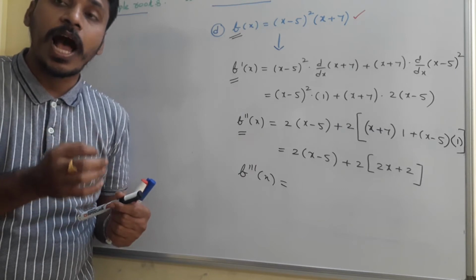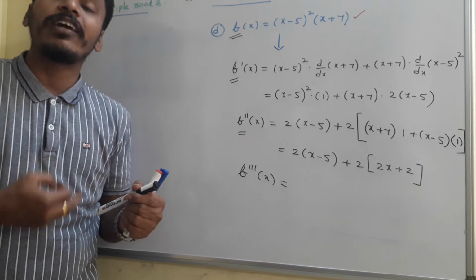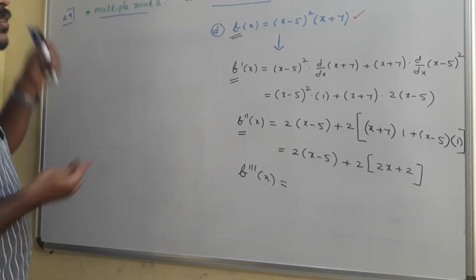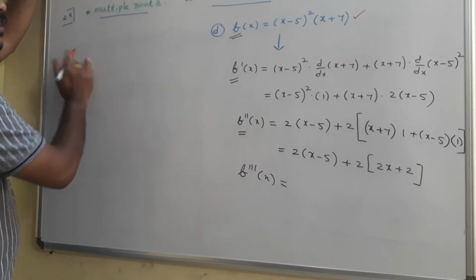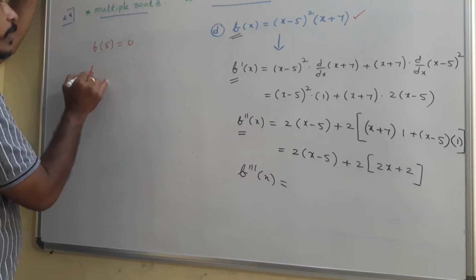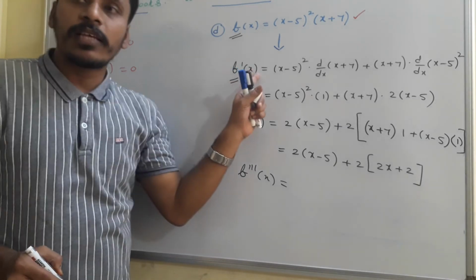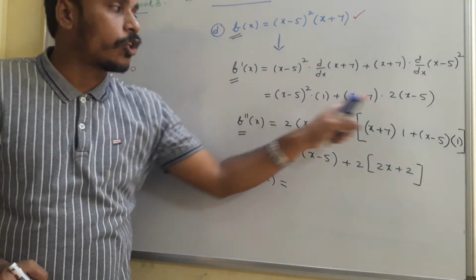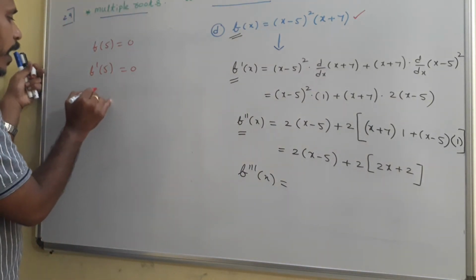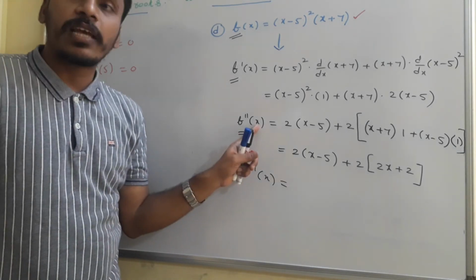Now we are identifying the relations on the derivatives of the polynomial corresponding to the multiple roots. When you look at this situation, we are very clear that f of 5 is equal to 0. f dash of 5 is again 0. Is it right or wrong? When you replace x with 5 in the derivative, this is 0 into something, 0. So f dash of 5 is 0. And f double dash of 5, what to say about it? This is the second derivative.